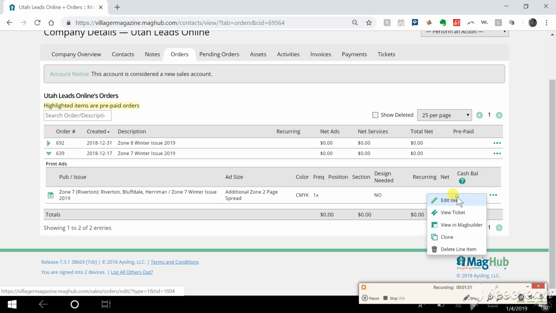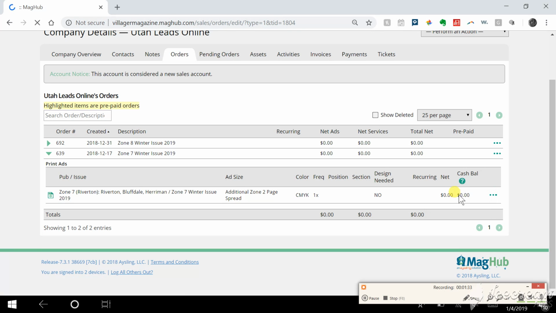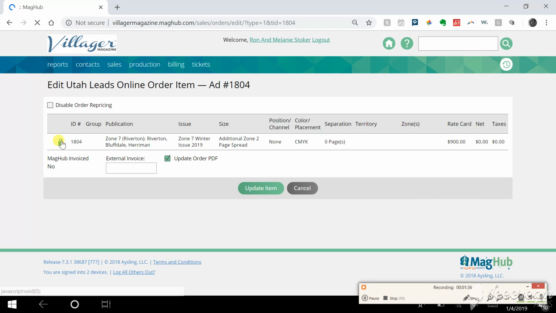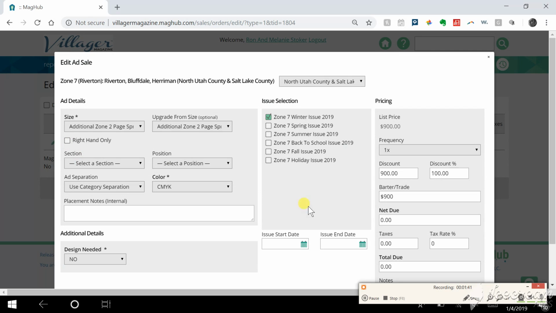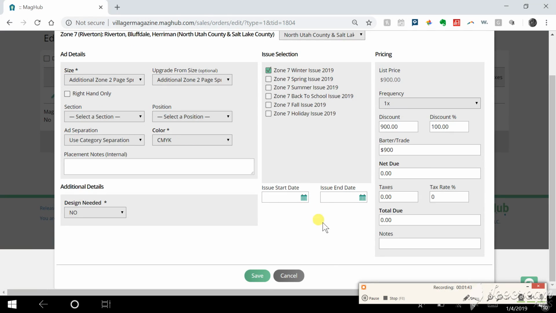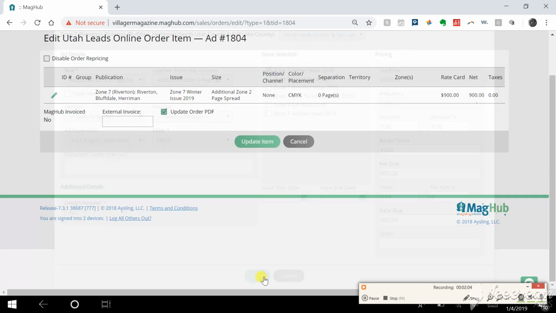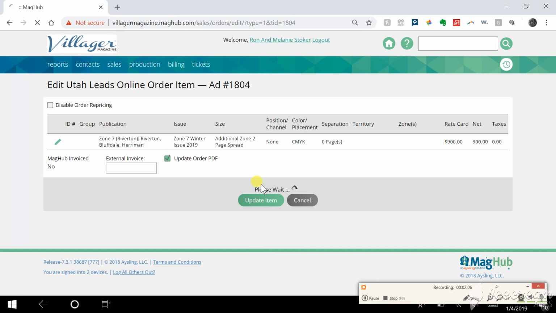And if you click on those dots and click edit item, it will pull that up. Then you have to unlock that and then click on the pencil, and it will allow you to edit this. And so the important thing in barter is the net due needs to equal the same barter amount if it's a full trade. So all you want to do is change it to $900 net due, and then $900 of that is being paid in barter. And then it will show a zero amount due. So I'm going to hit save, update item,